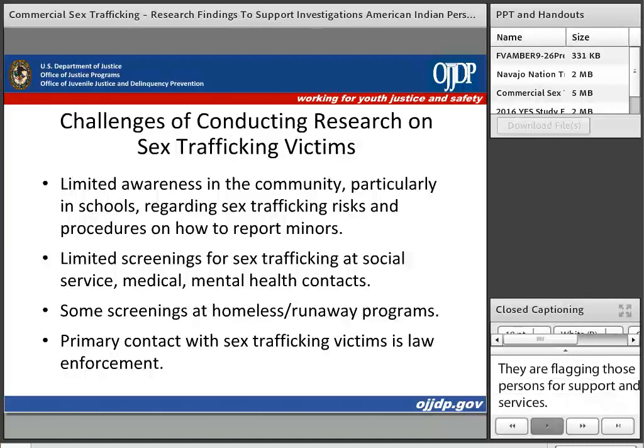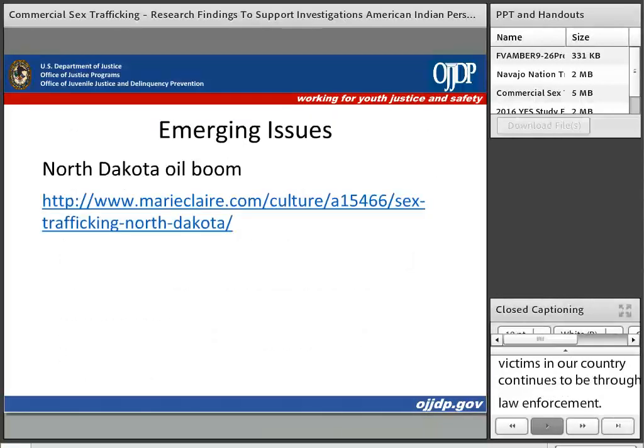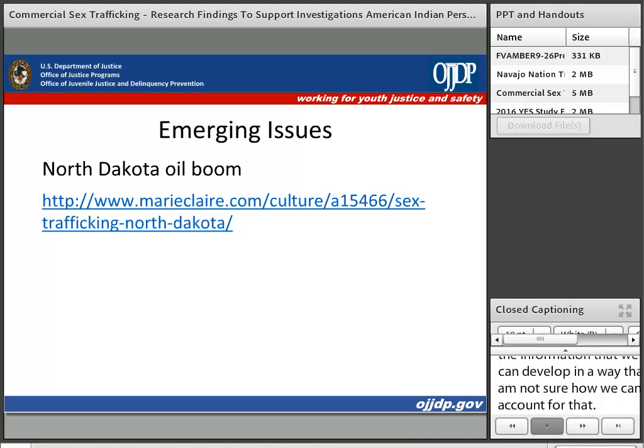And finally, our ongoing problem is that the primary contact with sex trafficking victims in our country continues to be through law enforcement, and that skews our knowledge and skews the information that we can develop, in a way that I'm not sure how we can account for. So something to consider that we have not figured out how to research yet, although I do know other people are pursuing it,